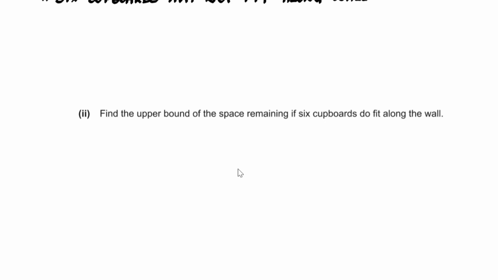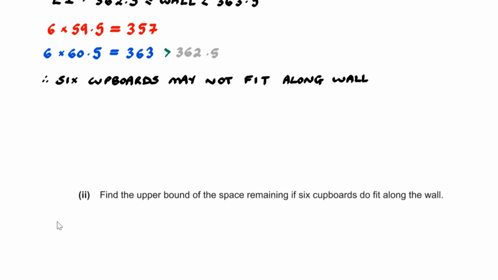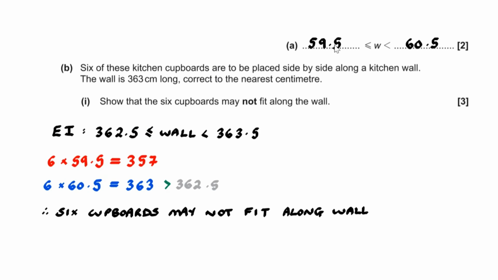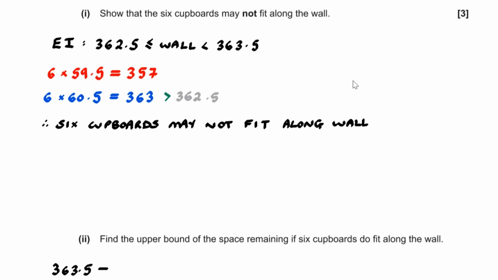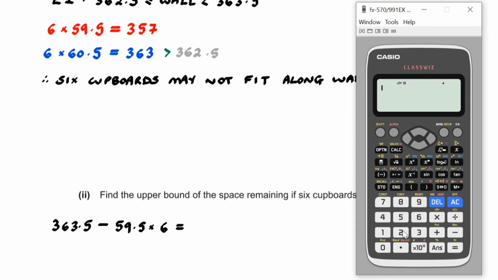And if that's the case, what we need is our upper bound of the wall, the 363.5, and then we subtract from this the smallest possible length of the cupboard, which is 59.5. But then we have to multiply by 6 because we've got 6 cupboards. And so if we work out what this is equal to,